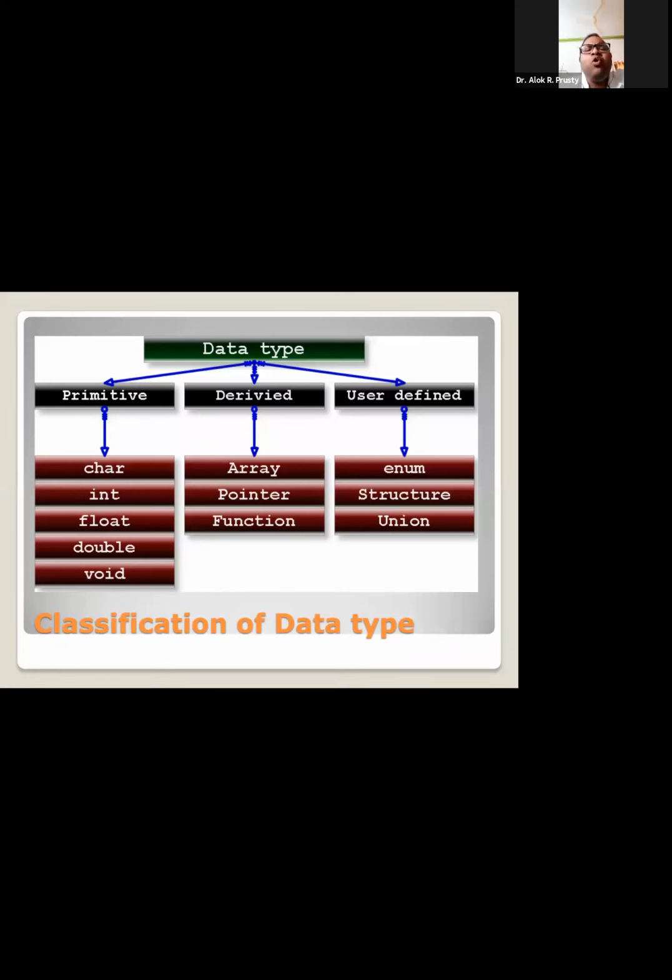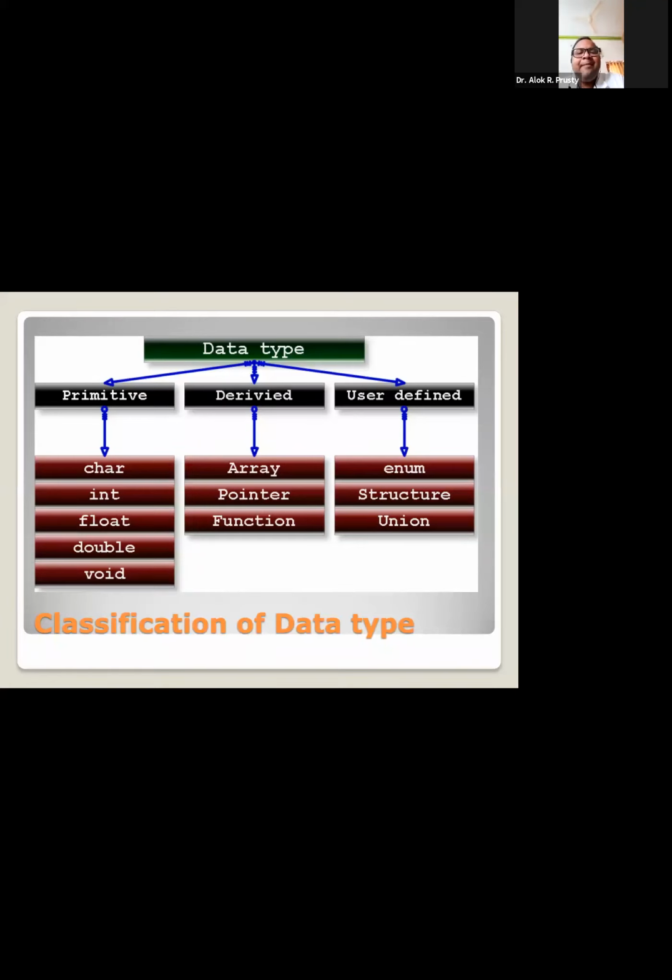So these are the 4 primary data types. And as I said, void is void. Void means nothing. I cannot write void before any variable declaration, because why am I declaring the variable? To store something. If I don't know what kind of value I will store in the memory, then why am I declaring the variable? So void cannot be used as a data type for a variable, but yes, we can use it as a return type preceding any function, which we'll cover later on. So these are the 4 things we have to remember.